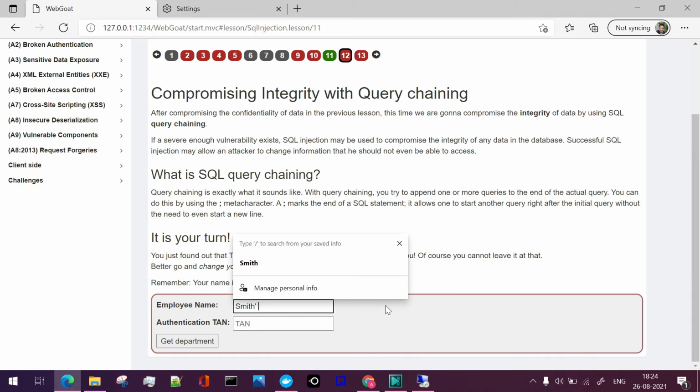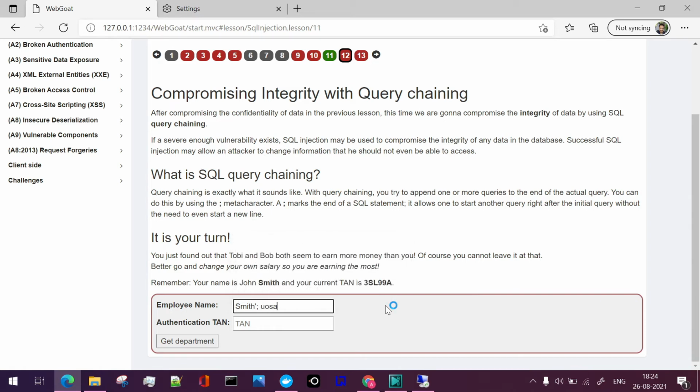So here what we'll do, we'll just pass Smith, and with that we'll just stop it first, that is we'll give a semicolon, and ahead we'll be writing another query which will help us update the salary of John Smith to the highest one.